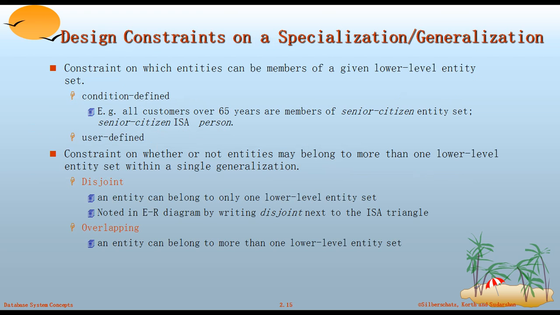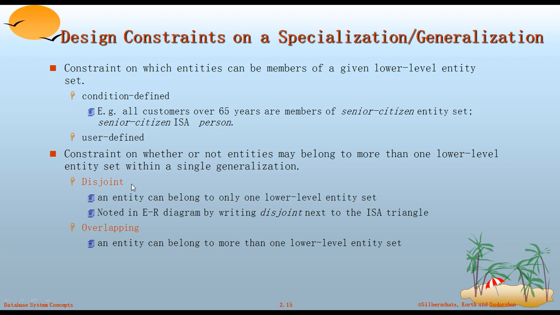Design constraints on a specialization or generalization. Constraints on which entities can be members of a given lower level entity set. Condition defined: for example, all customers over 65 are members of the senior citizen entity set. So senior citizens are above 65 years and are also persons. And then user defined: a constraint on whether or not entities belong to more than one lower level entity set within a single